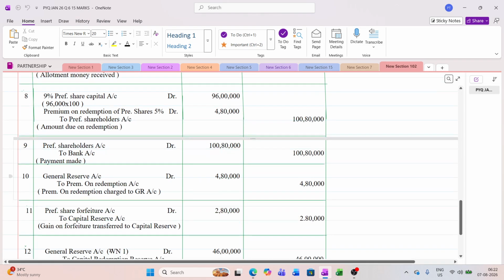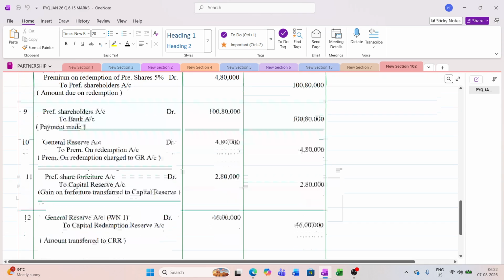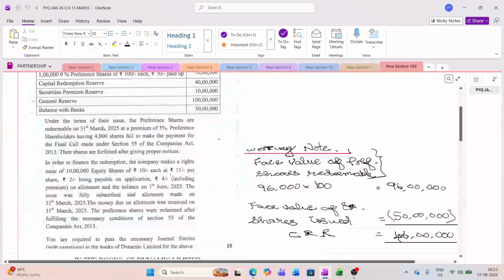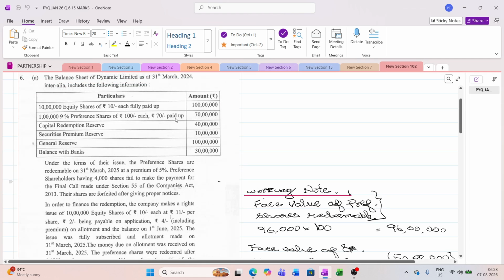Okay. Next, the share forfeiture will get transferred, as I said, to capital reserve account. And last, we are going to debit general reserve and credit capital redemption reserve account. Only this thing, whenever you read the questions, please keep it in mind. What are the things you have to be very careful about? One is partly paid up. Okay. Second thing is that you have to redeem it with a